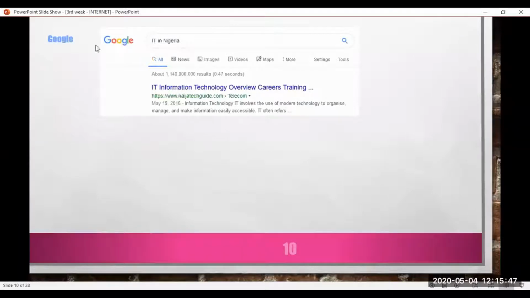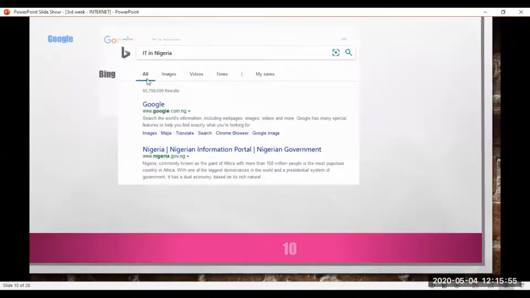If you see this on Google, maybe when you click on the Bing search engine, it will show you first a Nigerian information portal. See, the same thing I searched, but it shows something different. Maybe nigeria.go.ng is the third, fourth, or another option on Google.